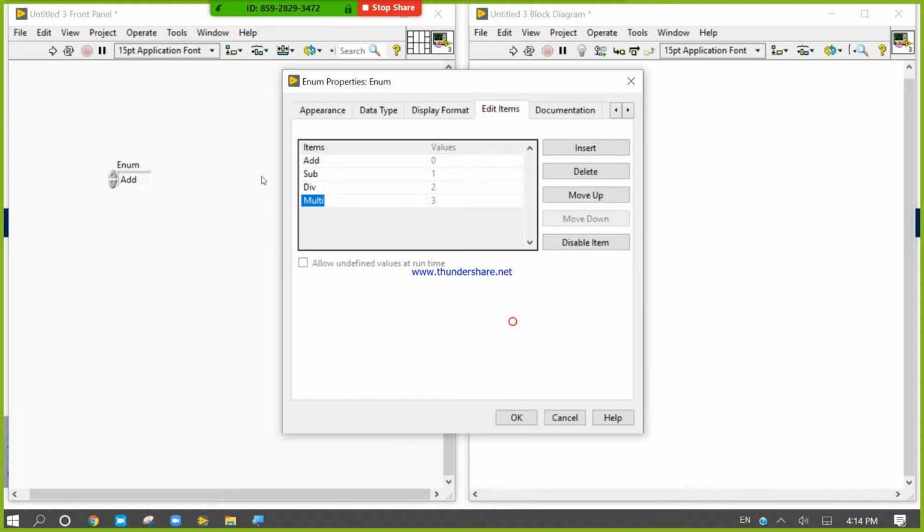Look here, this item is for me, and this is the value for the computer.